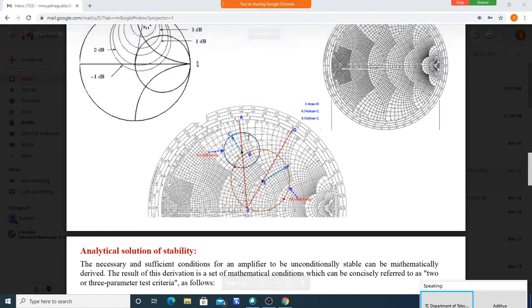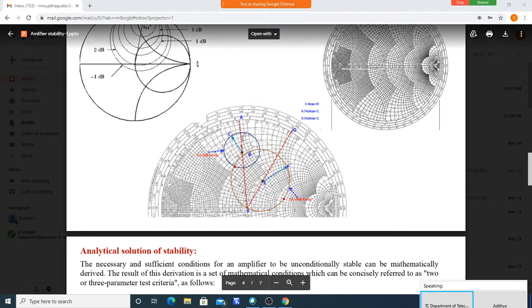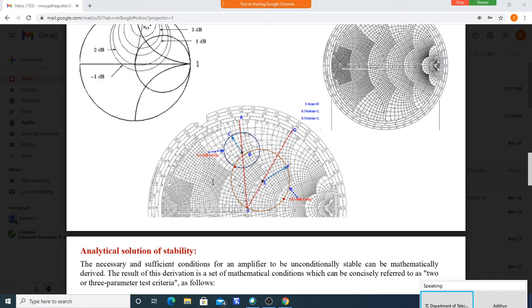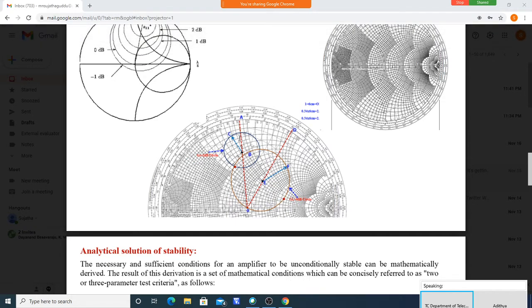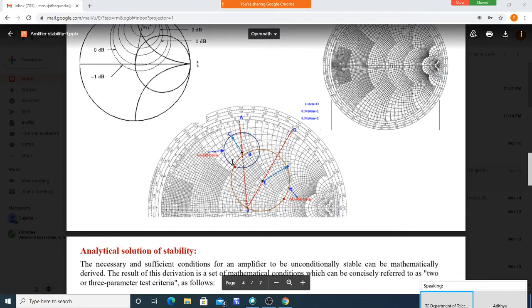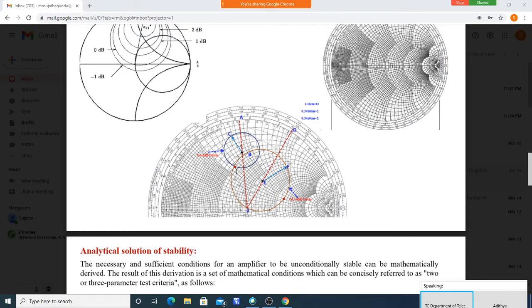We cannot take an impedance anywhere over this. For example, this circle may be anywhere. As we know, based on our required gain, this circle may be anywhere within the Smith chart. And again we have to see, can we take any value over this circle? We cannot take any value. We have to choose a particular value over this circle. So which value do we have to take? How to decide that value? If you do not consider it, what happens? That we will see.